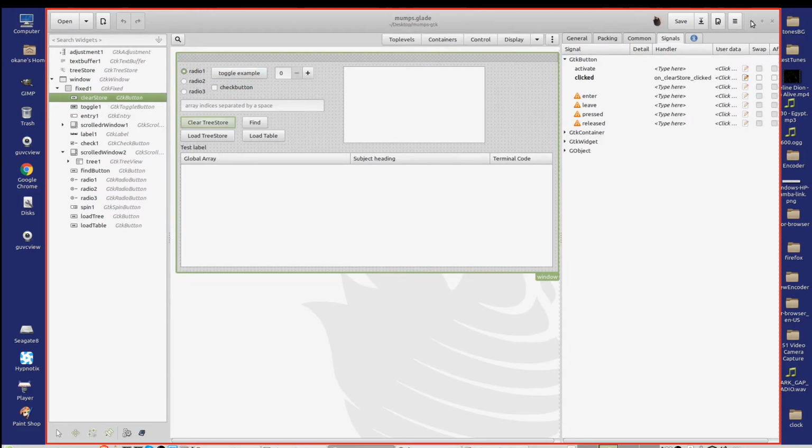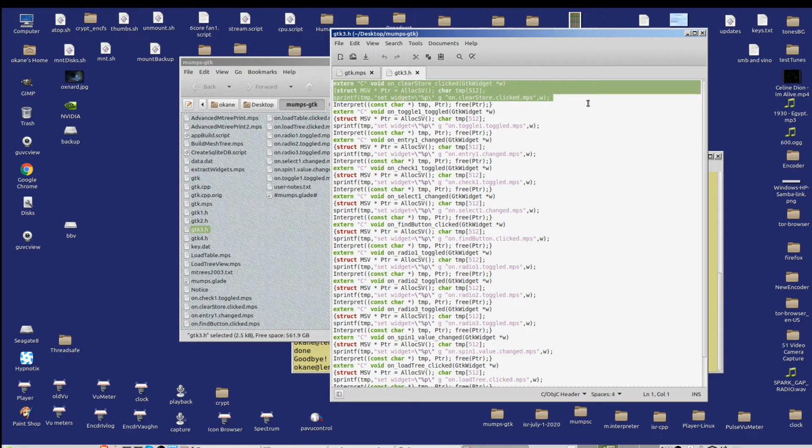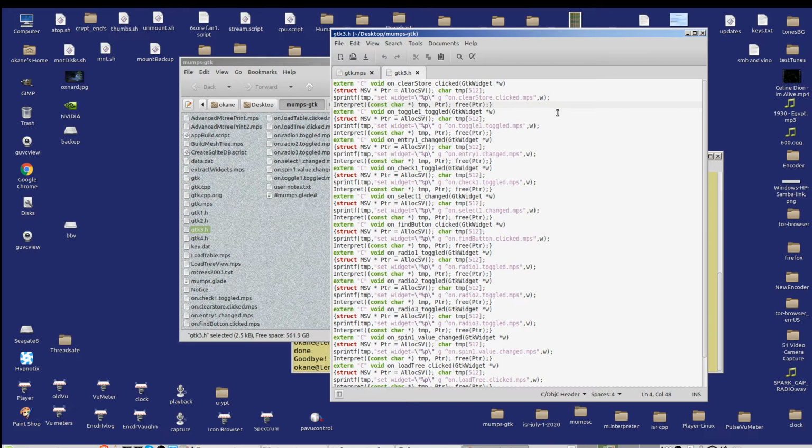All right. So on clear store clicked, it then proceeds to get the pointer to the widget. It then proceeds to invoke the on unit. This is where it actually invokes that signal handler, which I'm variously calling signal handler or on unit. But the file that begins with on clear store click.mumps gets invoked right there. All right, and it passes down the widget with it. I don't want to get into what is really going on here because it's taking place inside of